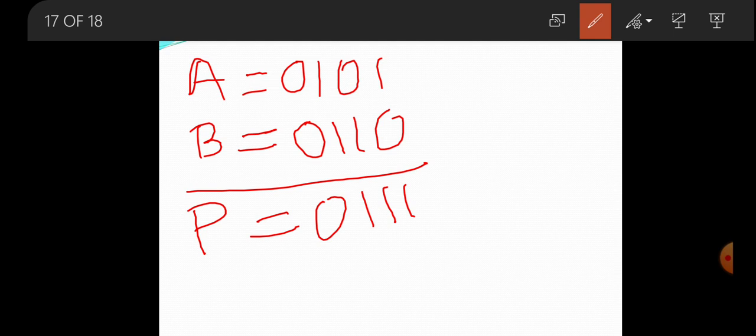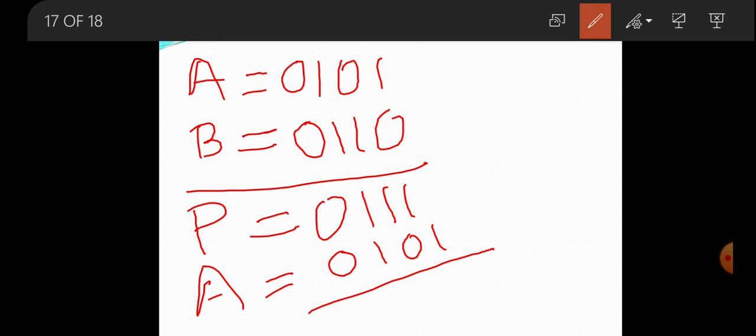For example, this pattern is compared with device A's ID number 0101. It will check for any difference. Okay, for the first bit there is no difference. For the second bit also there is no difference. And for the third bit, the pattern bit is 1 and the device bit is 0. So here is a difference.